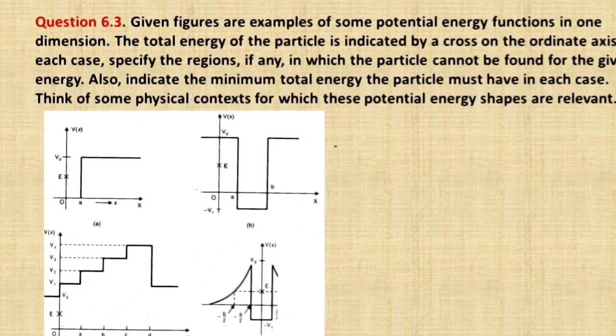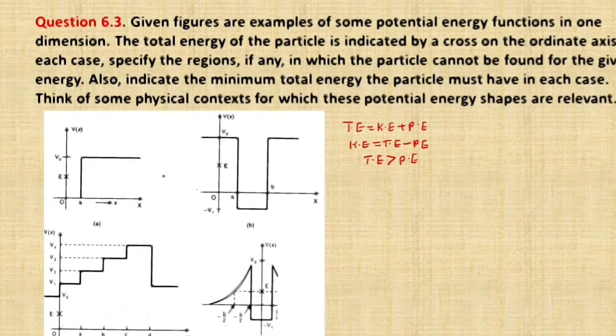Okay, so now let's discuss all these cases. Just before that, we already learned that total energy is equal to kinetic energy plus potential energy. That means kinetic energy is equal to total energy minus potential energy. So always the total energy must be greater than potential energy. If the total energy is less than potential energy, what may happen? The kinetic energy becomes a negative value. Kinetic energy of any body can never be negative, right? So this is the important point we have to consider before doing these problems.